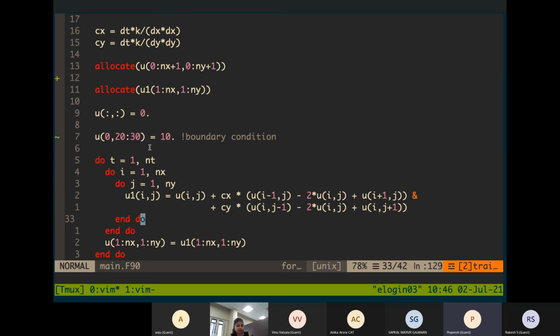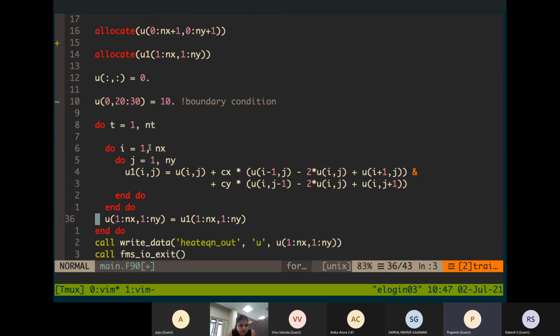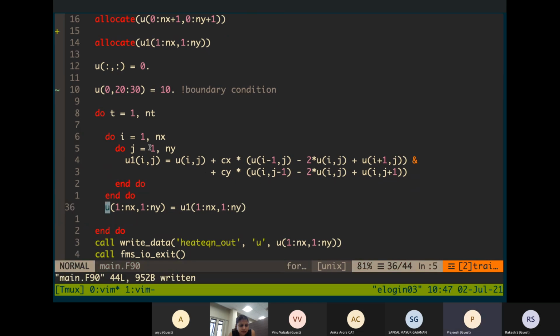And now I'm solving in time. Here I'm going from 1 to NT. NT is 100, so I'm solving it for 100 time steps. This is where I'm doing the solution. For every grid point, I'm solving the heat equation here, a discretized form of the heat equation.